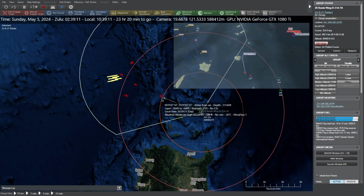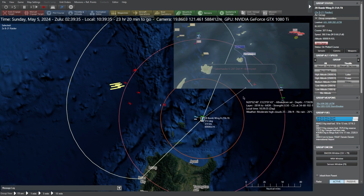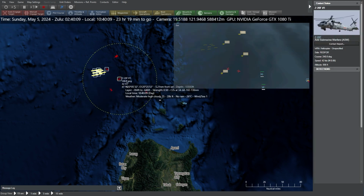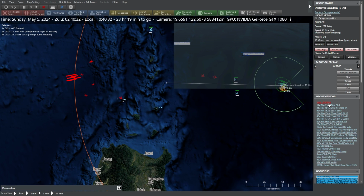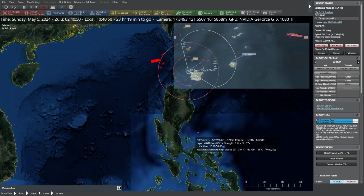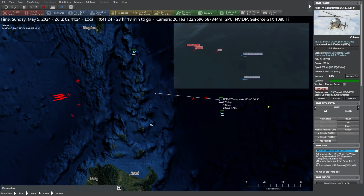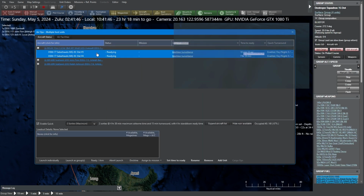Okay, so let's try and take out that airborne early warning aircraft, and also try and take out those J-15s. Unfortunately, both my Vigilants have been destroyed. However, we have got a bead on the Chinese fleet, and they are now coming into Long-Range Anti-Ship Missile Bravo range. We're not going to fire quite yet. In fact, first of all, let's try and get rid of these J-15s before they take out any more of my UASs. We do have another two MQ-8Cs ready to...